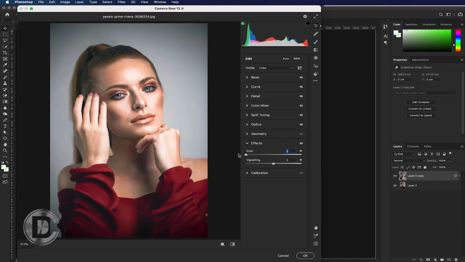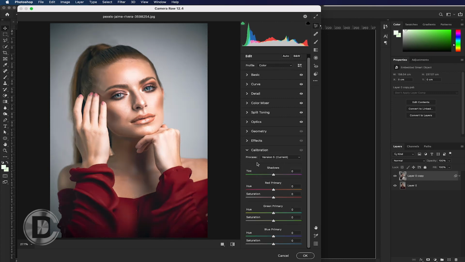So our last option is calibration. You can use any version for the same. Here I am using version 5 so that I can simply add colors to my shadow and primary tones. You can change RGB colors red, green and blue. From here it will simply add a tint on your picture. So here I am adding some red and a light of green tint on my picture.